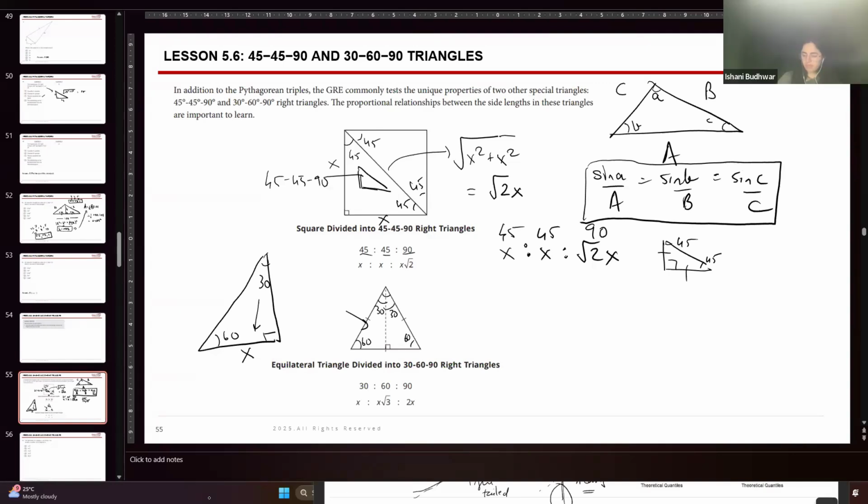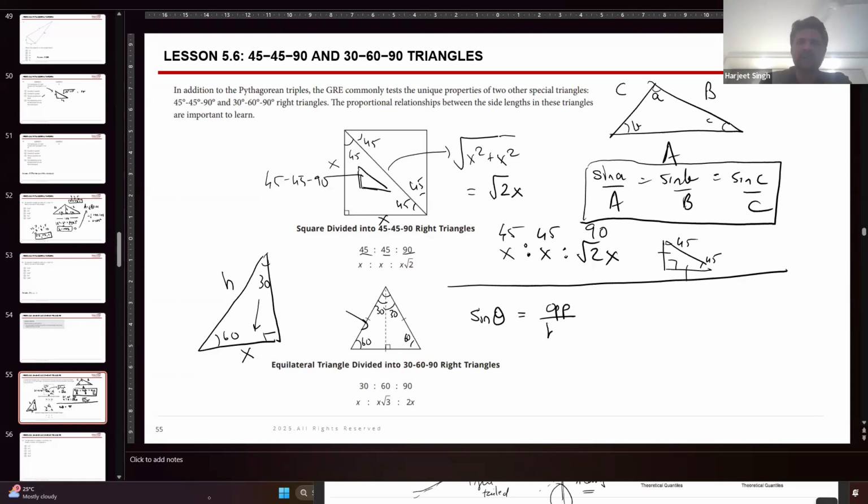Now, there are some important results, a bit of trigonometry here. Sine theta is equal to opposite side divided by hypotenuse, which means in this case, sine 30 degrees will be equal to x divided by h,